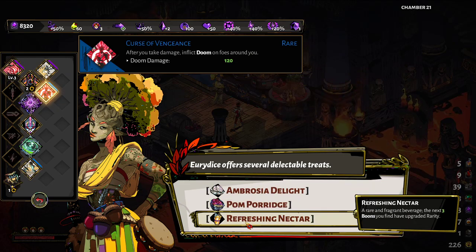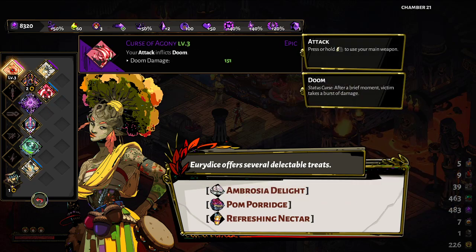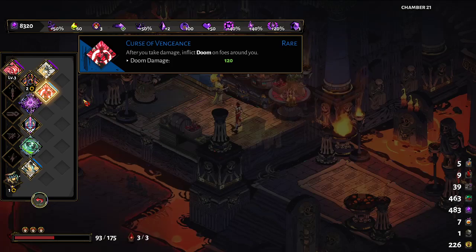We could, however, increase the rarity of our next boons. That's a little bit intriguing because we have so few of them right now that making sure that they're strong could be a difference maker. Because we have already pretty high rarity ones, but getting this to heroic rarity, that could be quite nice. Let's go with this. We'll see, there's a chance that...